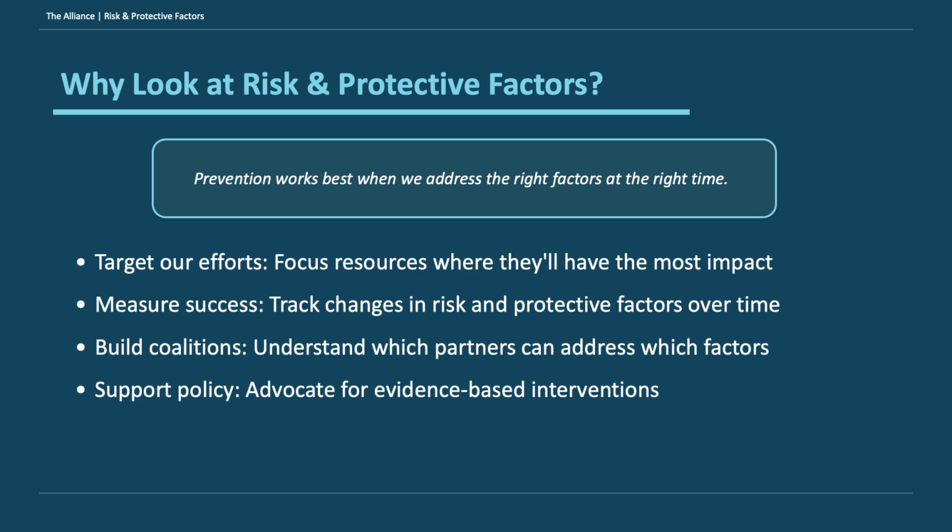It also allows us to look over time at what's changing. So if we have really concrete mechanisms of risk or protection and we're trying to intervene on them, we can look down the road and say, okay, we've made a difference in this, and as a result, we're seeing X, Y, and Z. Like you all, it's helping build coalition. It brings folks together. If you're saying we're working on this particular risk factor or strengthening this particular protective factor, you bring in new stakeholders and partners to the table and you can work together to address those issues. And then really critical to a lot of the work of a policy alliance or policy effort is there are a lot of evidence-based interventions which directly address risk and protective factors. We'll talk briefly about those at the end. And so it helps support that from an evidence-based perspective.